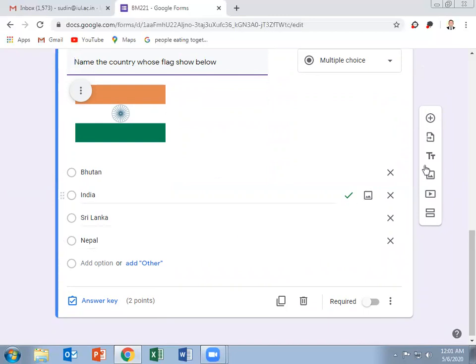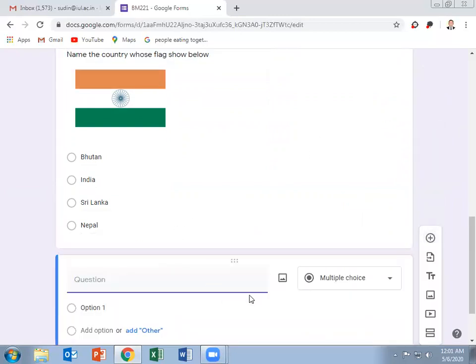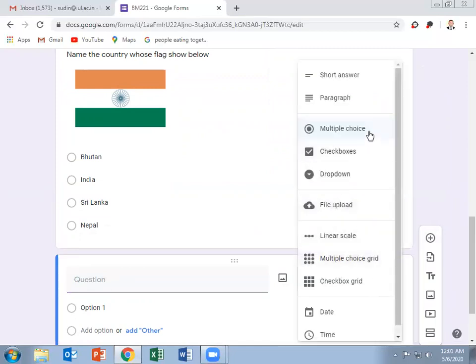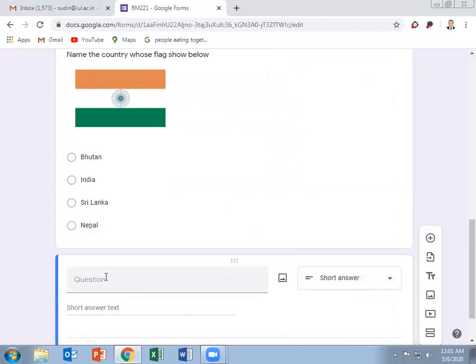Now let us create another question, another short type question, right? So the type of question, first I'll select. The type of question is short, containing short answers, and in this I'll ask some mathematical solution.